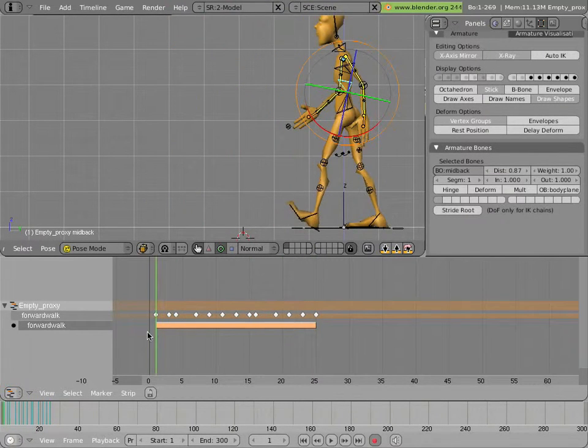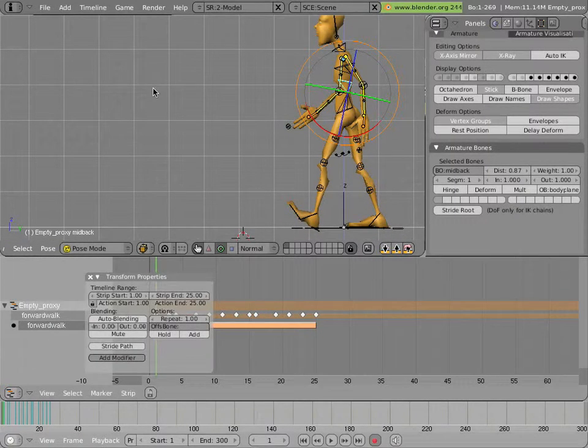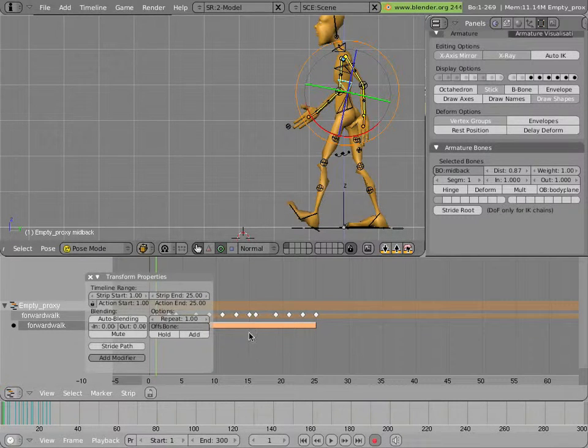It's a transform property similar to the one you find in a 3D view, only it applies to the NLA strip itself. You can see the start and end for the strip and for the action, and they're locked together automatically right now. But you also have a lot of nice things like a repeat number for how many times the thing cycles forward. So let's make 10 steps, for instance,